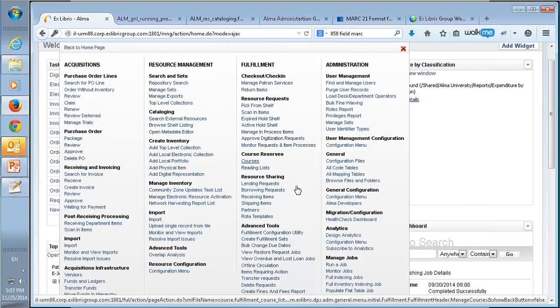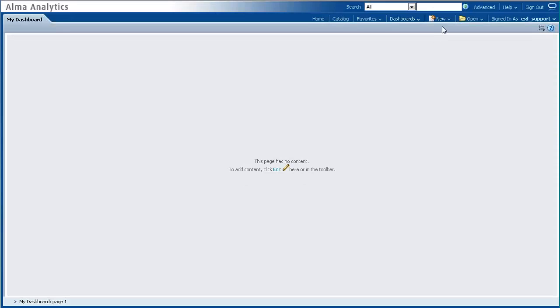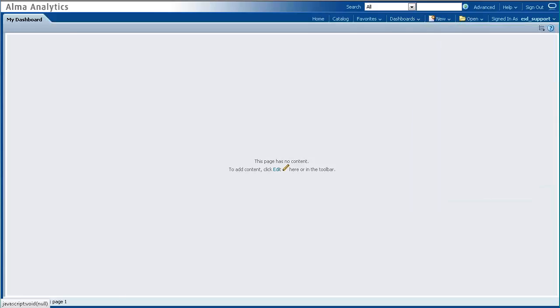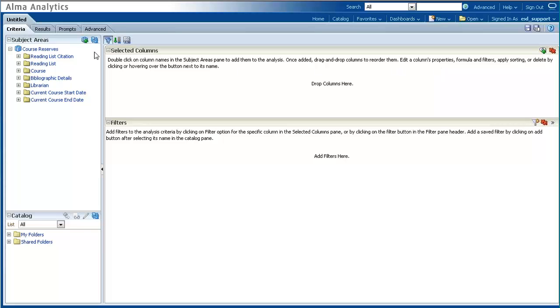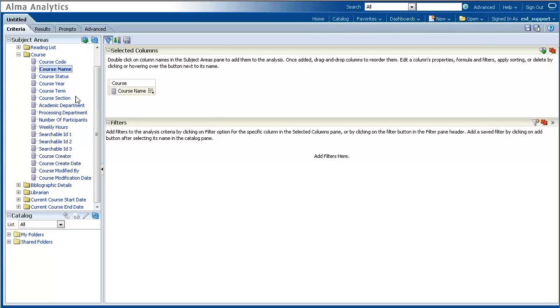So Alma menu, Design Analytics, and we'll create a new analysis. Course reserves is the new subject area. Okay, and now let's see the different fields that we have under course reserves. So for example, we can add the course name, the course creator,